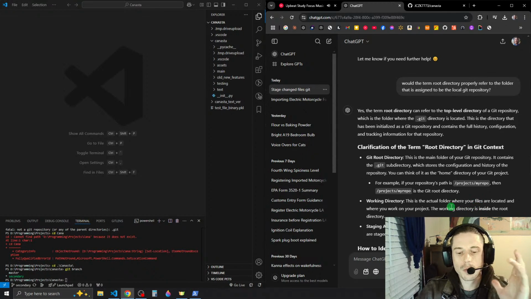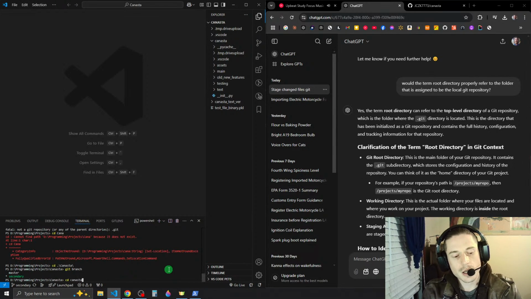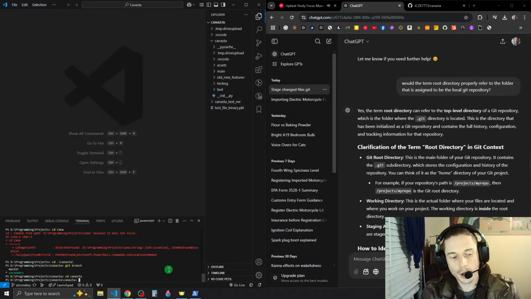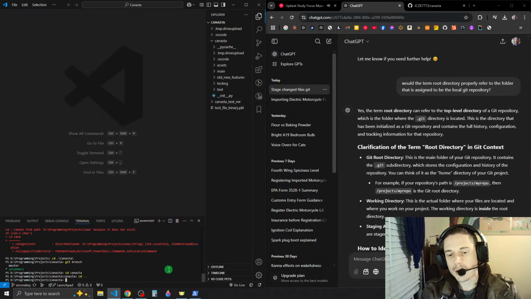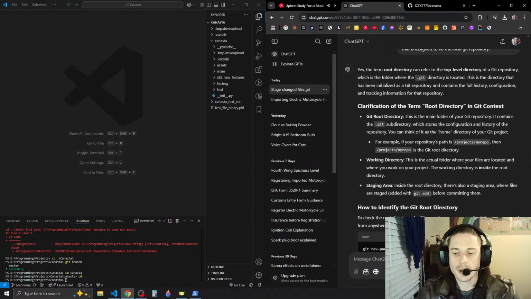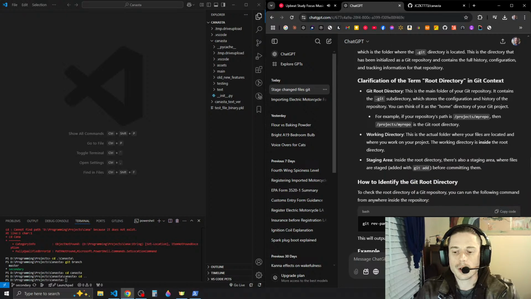Okay, so we have our working directory, which is lowercase c Canasta. So we have cd Canasta. When we move into that, we're now in our working directory. When we cd back out, we're in our root directory. Got it. Staging area: inside of the root directory, there's also a staging area where files are staged, added with git add before committing. To check the root directory of a git repository, you can run the following command from anywhere inside the repository: git rev-parse --show-toplevel.